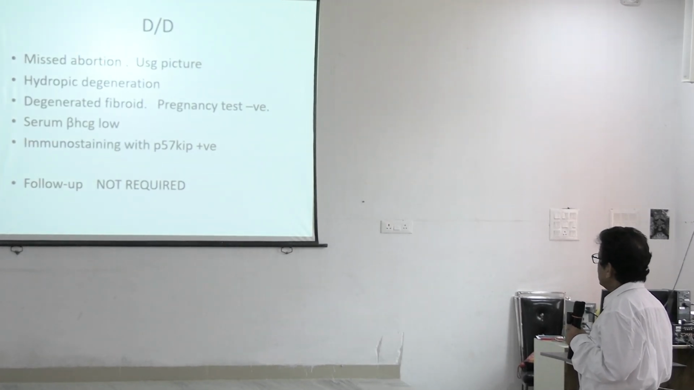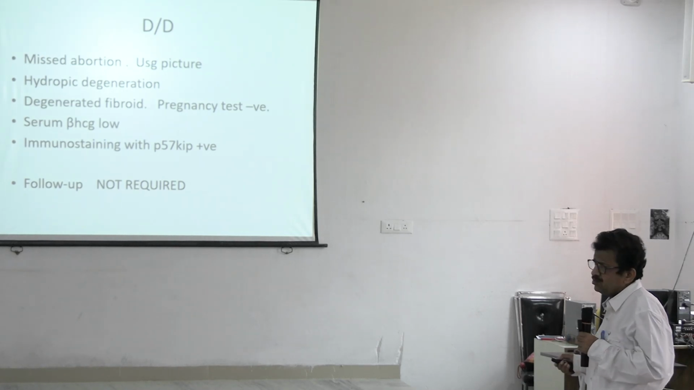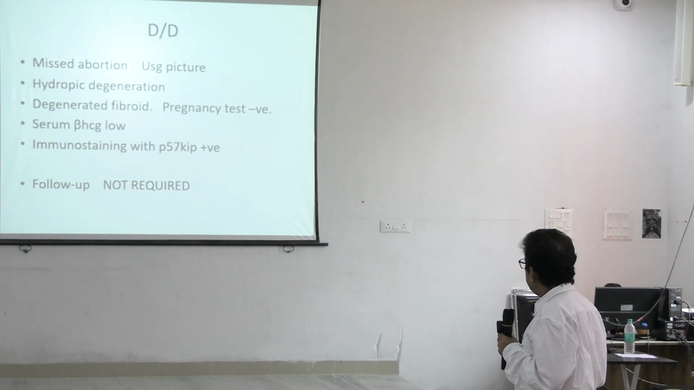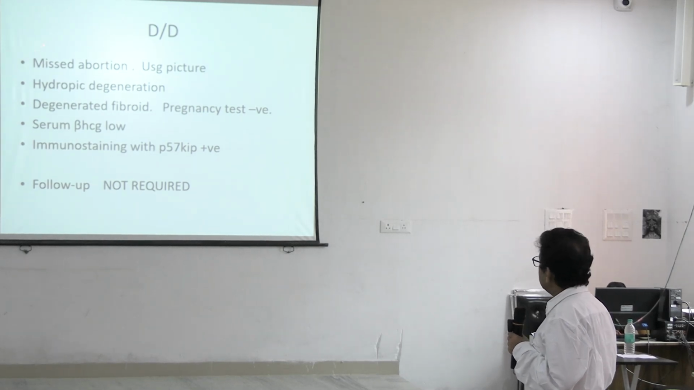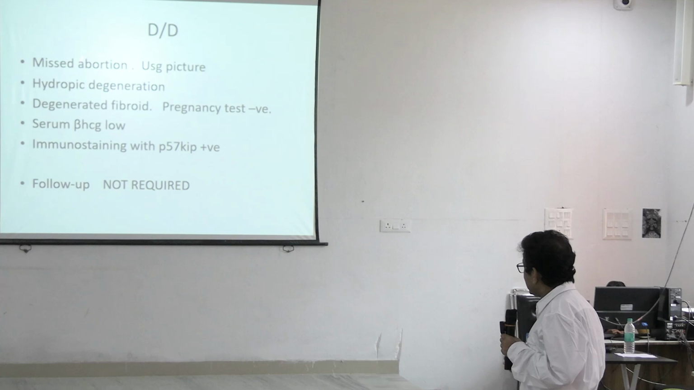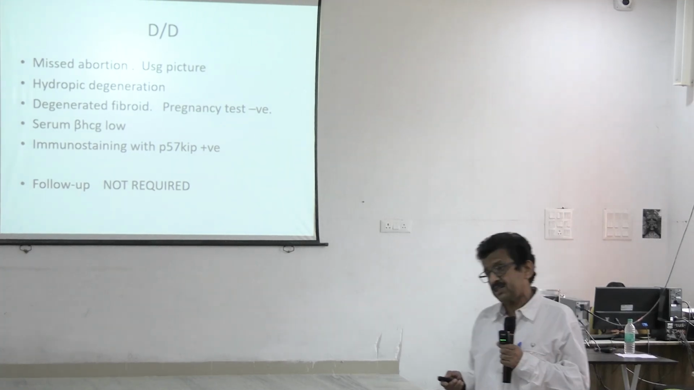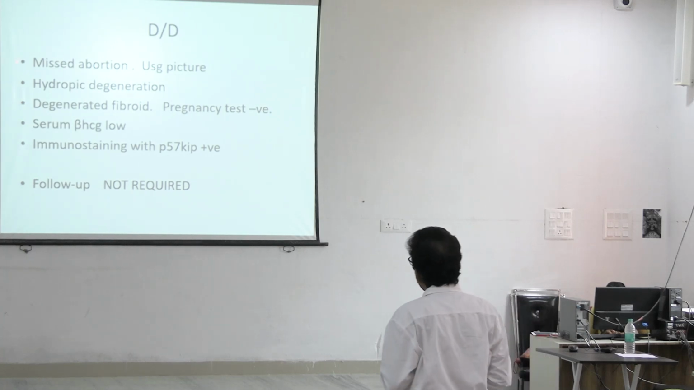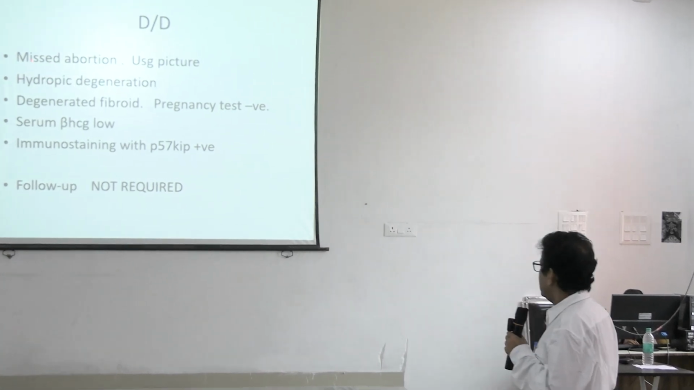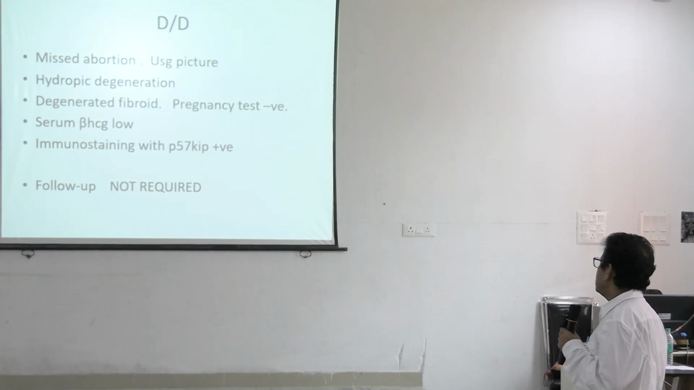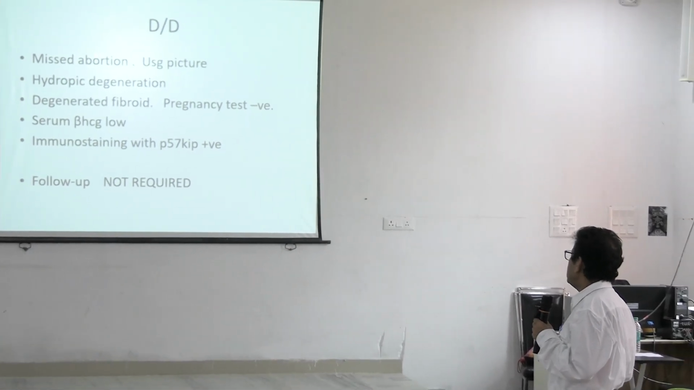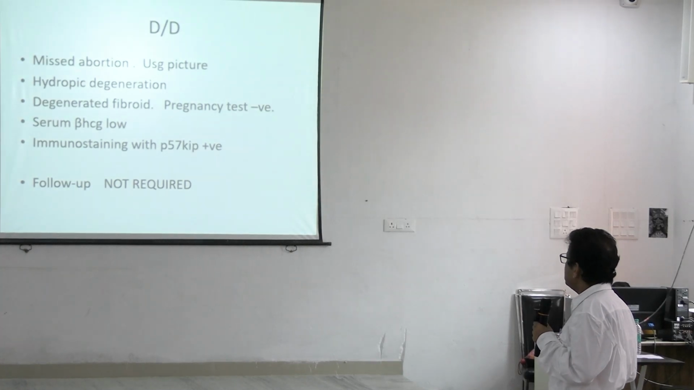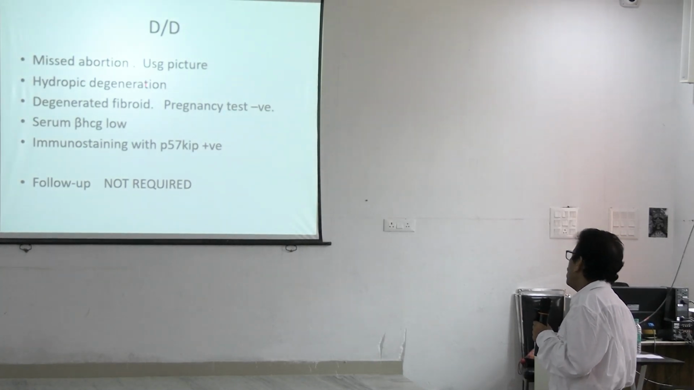So first one is missed abortion. That picture which I have shown to you, that snowstorm appearance, that may be due to missed abortion, especially if this abortion is associated with hydropic degeneration. There is no chromosomal problem. Only the placental villi undergo simple degeneration, hydropic degeneration. That means the edema giving rise to the small vesicular spaces. So by USG picture, it may be confused